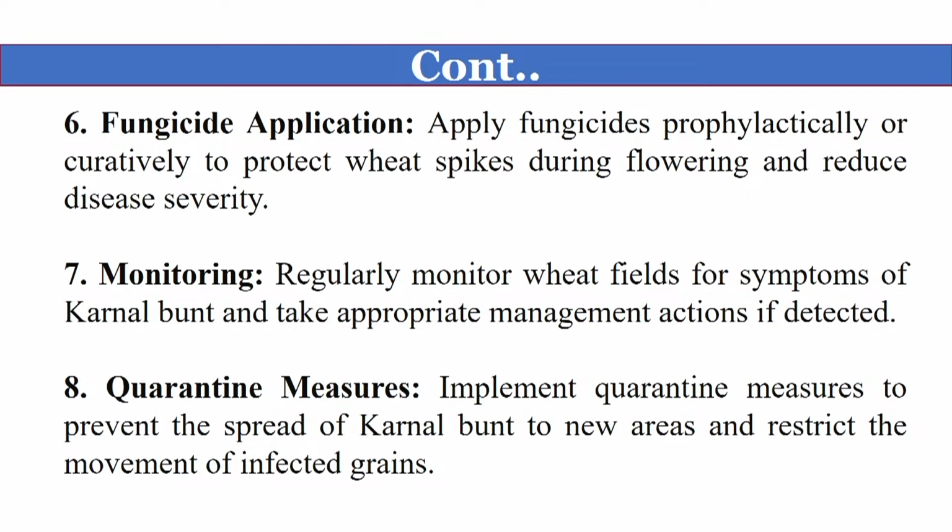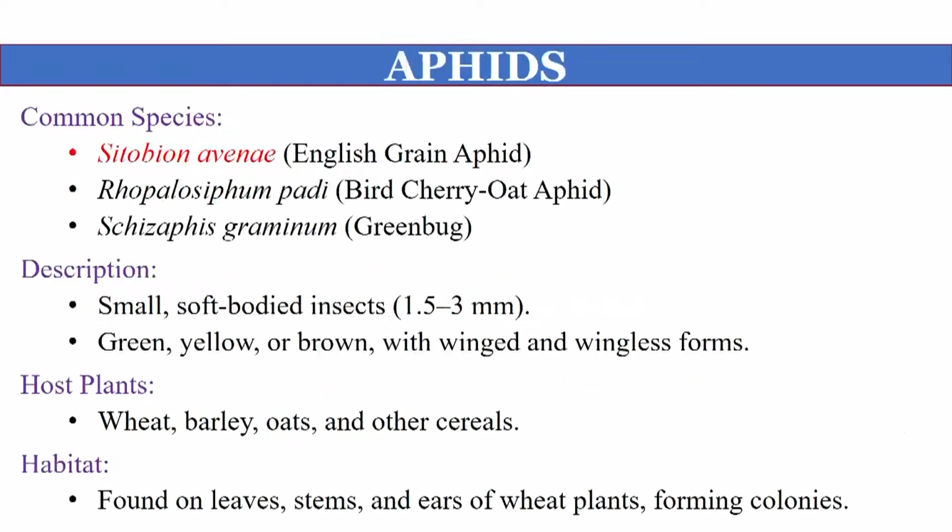And you have to properly monitor whether the primary symptoms appear in the field. You have to take suitable measures and practices. And now we will discuss aphids. You know, aphids are a kind of insect pest which is responsible for causing disease infection in the wheat crop,